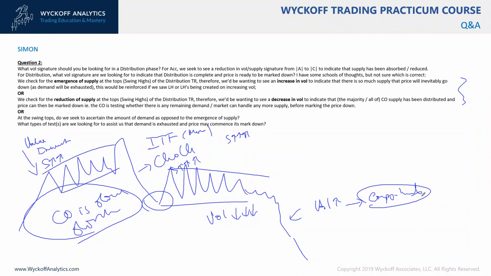So there are quite a few variations as to how distribution could unfold. The key is just to recognize the presence of the distributional hands. And usually it will be hidden from you in the volume signature and how the price behaves. The buying climax will be associated with that increase in the volume signature that will look very bullish. Price is advancing and the volume is expanding. So naturally, from conventional TA, we're going to say that volume increase confirms the price increase. But that's not going to be so